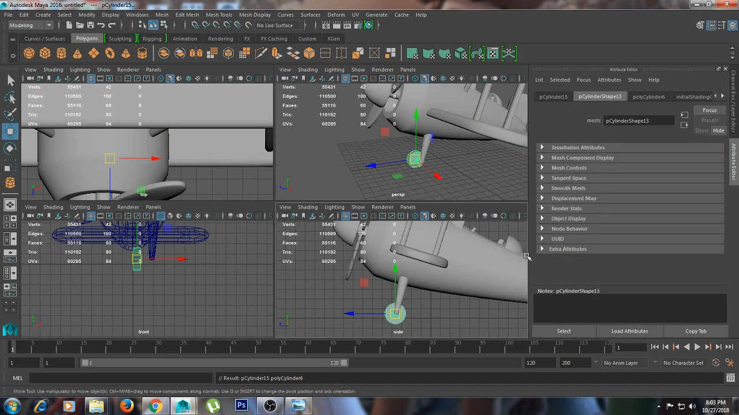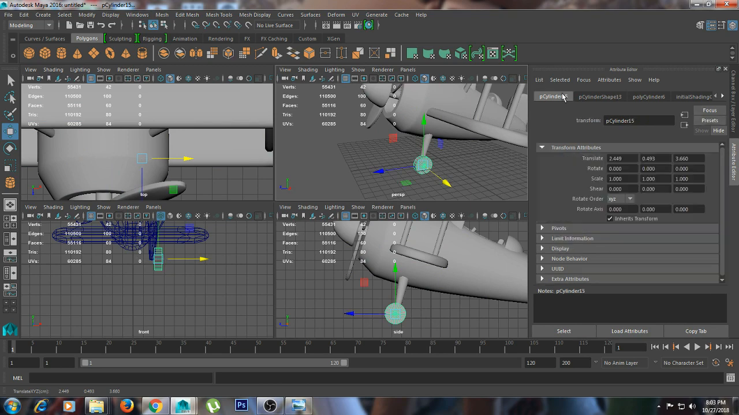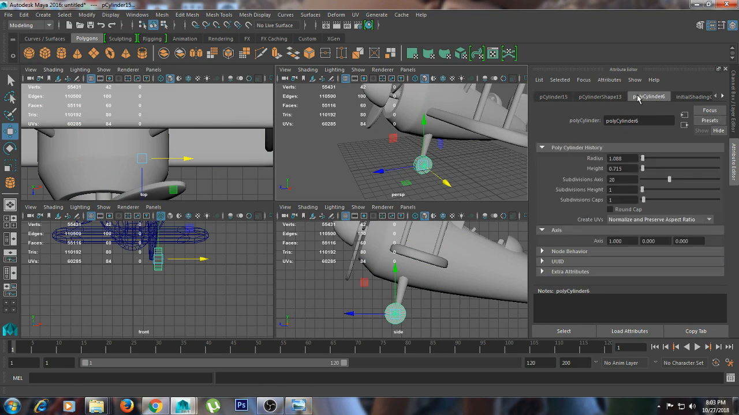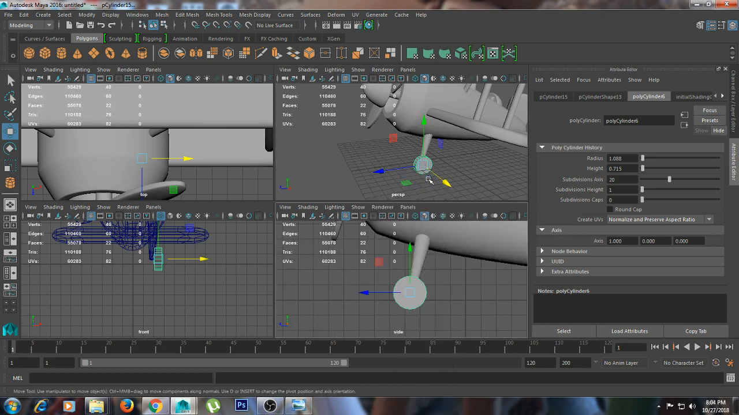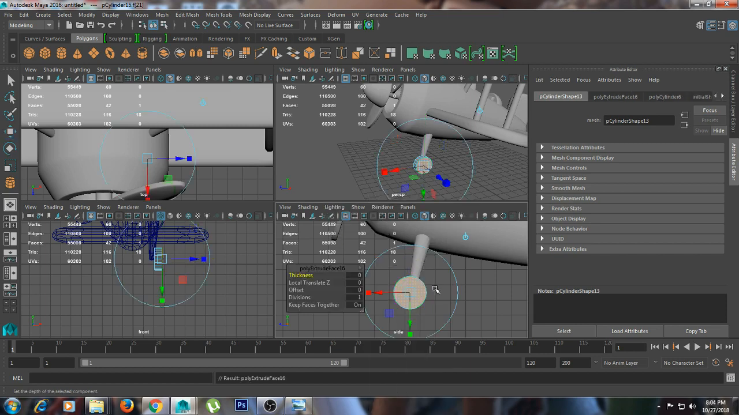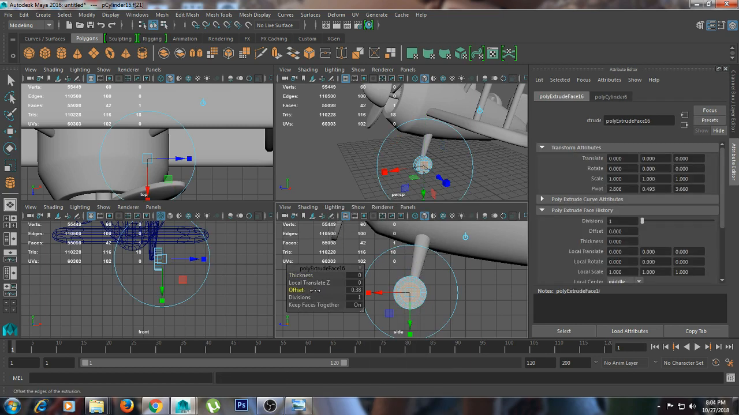Select, click and drag one cylinder here, and then I'm going to turn the caps division to 0. I'm going to click this face and go to extrude it, click on the offset, G2 repeat, click on thickness like so,